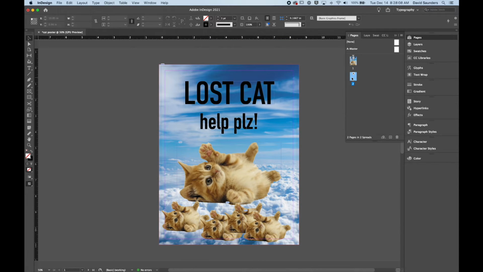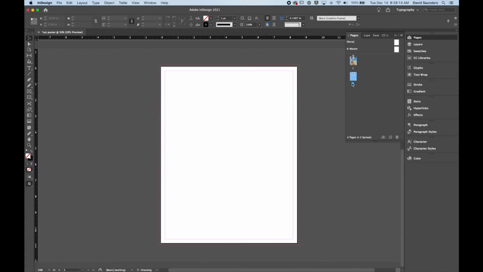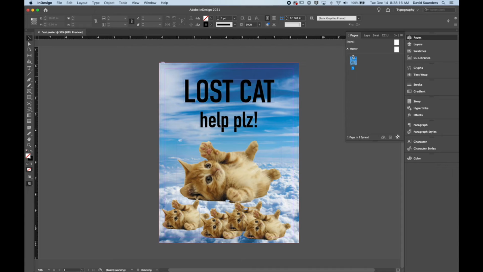I can also delete them by just clicking that and hitting the trash can, or I can click and drag that into the trash can. So that's pages. We won't talk about master pages right now, since this is an intro to InDesign, but that's going to be very helpful later on down the road. But I do want to talk about paragraph real quick. So we go ahead and click on paragraph down here,